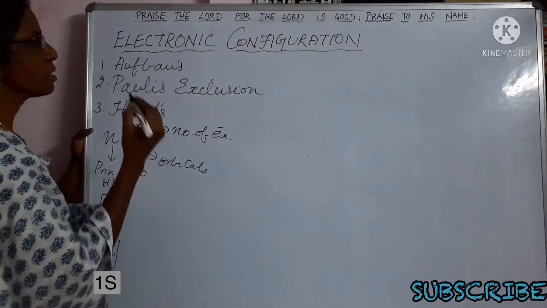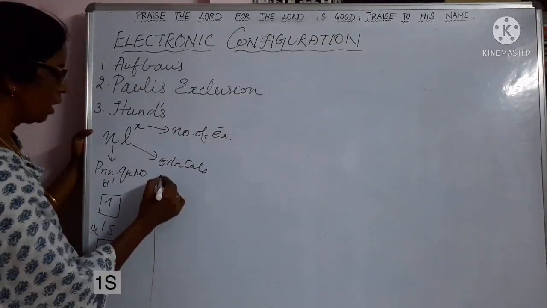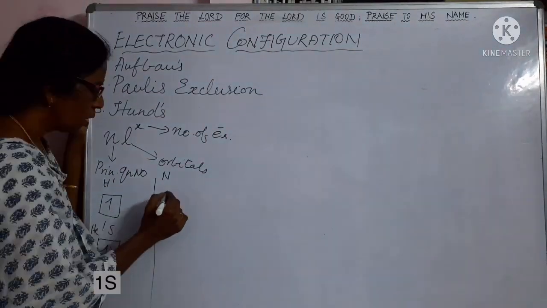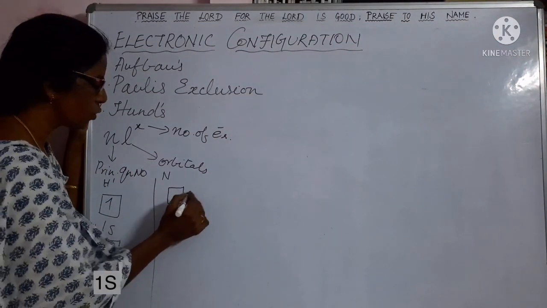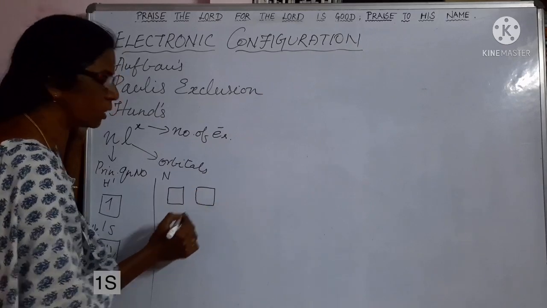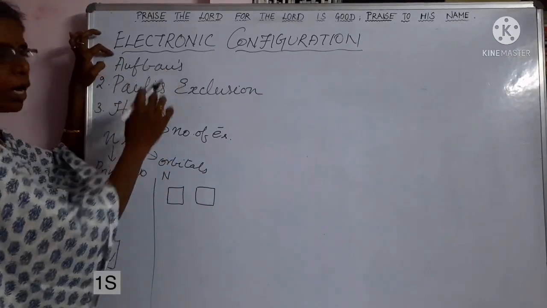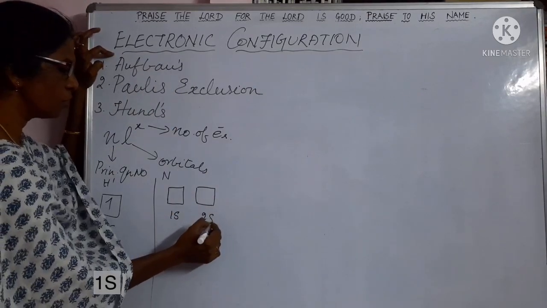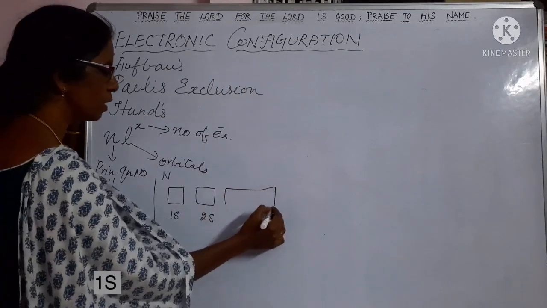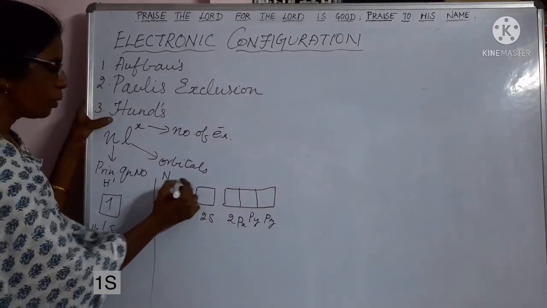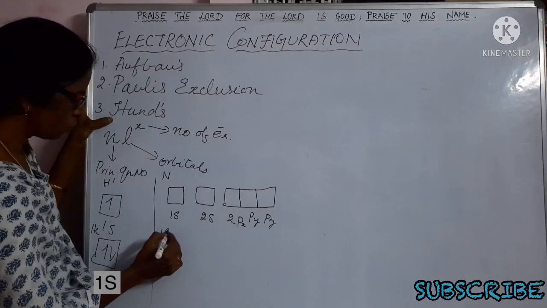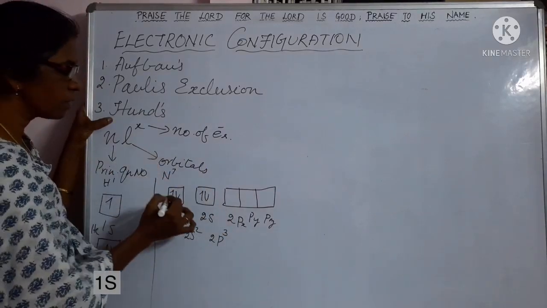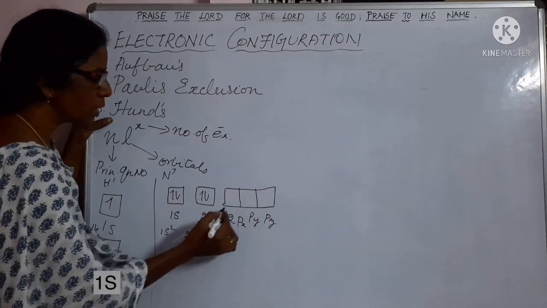Now let us go to the next element, nitrogen. When you take nitrogen, atomic number is 7, so you have 7 electrons. When you write the electronic configuration, first you write the orbitals in increasing order of energy level according to the Aufbau principle. So 1s, then 2s, after 2s write 2p. Now when you write the configuration, you will write 1s2, 2s2, 2p3. The 1s and 2s are not degenerate orbitals, they are single orbitals. Now when you come to degenerate orbitals,